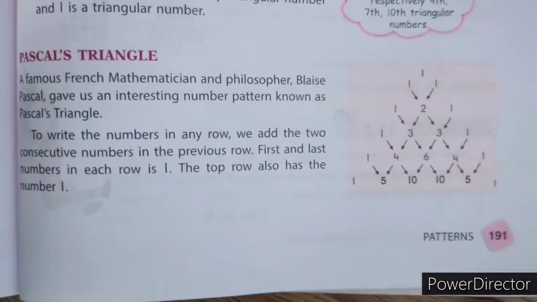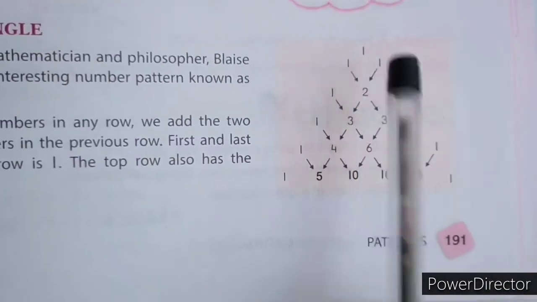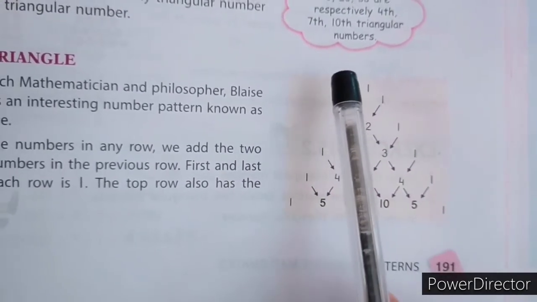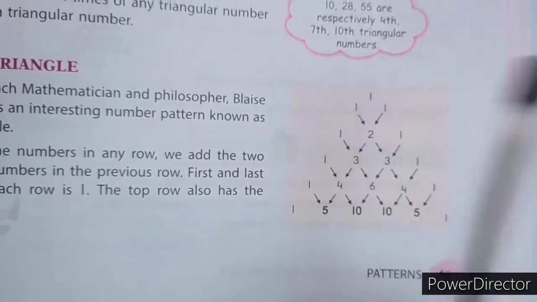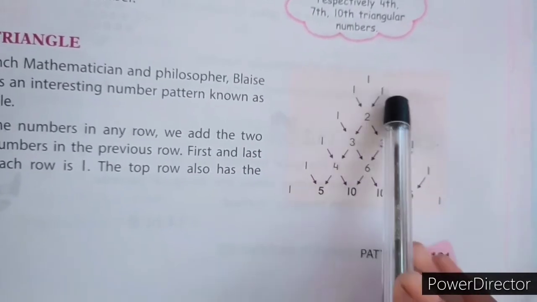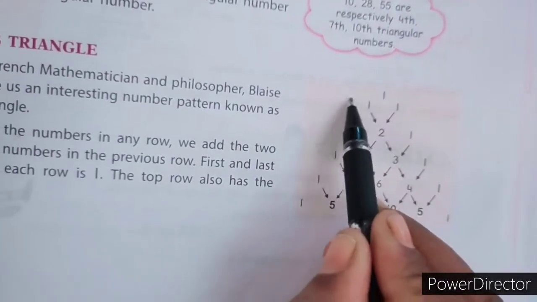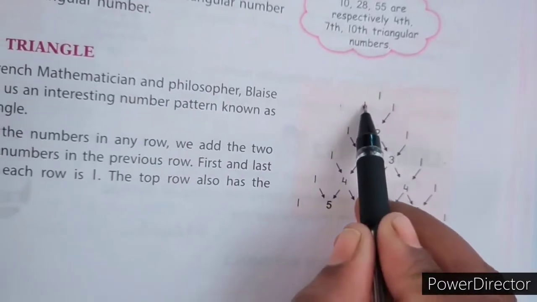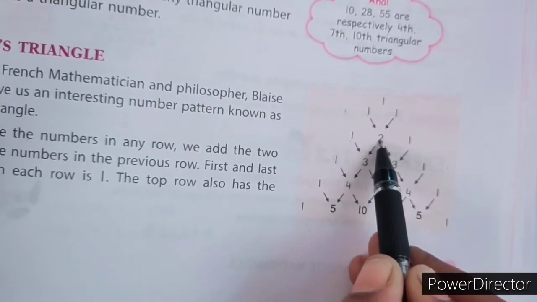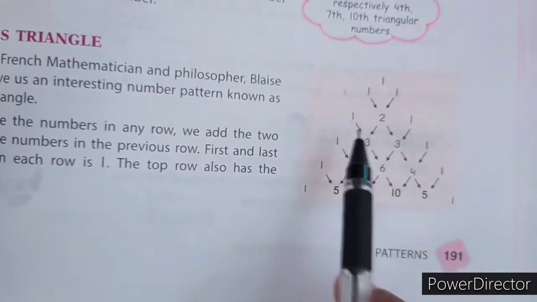Now let's move to Pascal's triangle. So what happens in Pascal's triangle? At the top you will have 1, and if you see the left side and right side of this 1, there is nothing. So in the next step we take this 1 as it is, and diagonally we write this 1. Then in the next step, on the left and right side you will not see any number, so 1 plus 0, diagonally we write 1. Then 1 plus 1 comes downside as 2, and 1, since there is nothing, comes as it is. In the same way we follow the pattern.